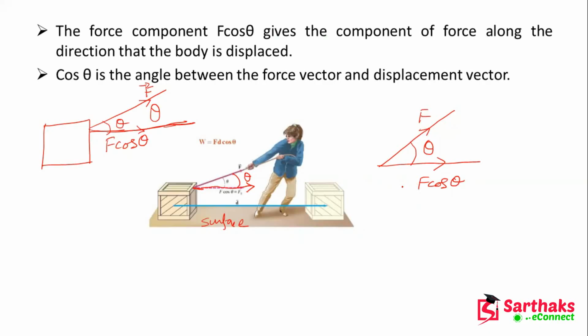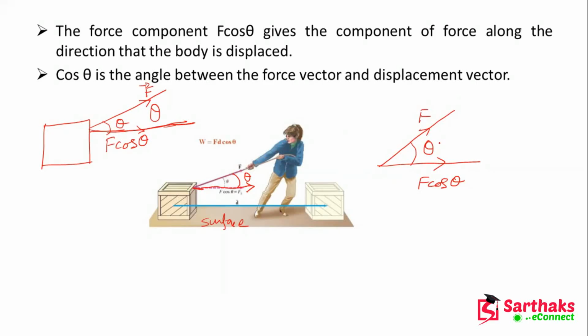Is it clear? So if I am pulling the object, it is not always like that. It should go straight forward. It may be I am pulling the object with an angle, right? It is not like I am sitting on the ground and then pulling it. You are just fastening one wear or anything. At that time, you are pulling it because your height is higher. At that time, you are pulling it with an angle theta. And if you are very, very tall, at that time this theta is a very high amount,